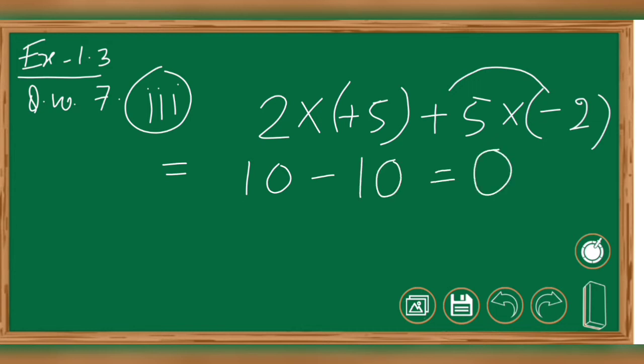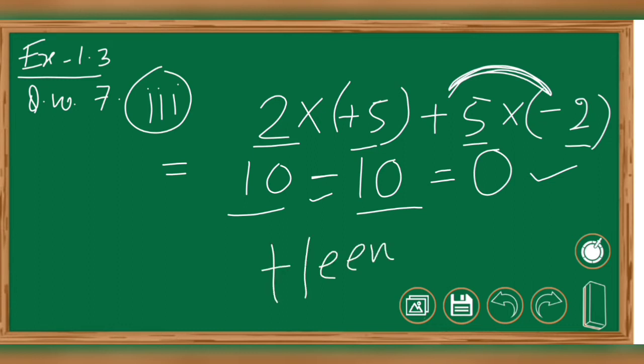So it will be 0. Okay, you can see, as I said, first the numbers will be multiplied, means 5 into 2 it will become 10, then 5 into 2 it will become 10, but the sign will be minus, plus into minus it will be minus, so I have written here minus and the answer is coming 0. So Hina will get 0 marks after taking the test. Okay, let's come to the next sum.